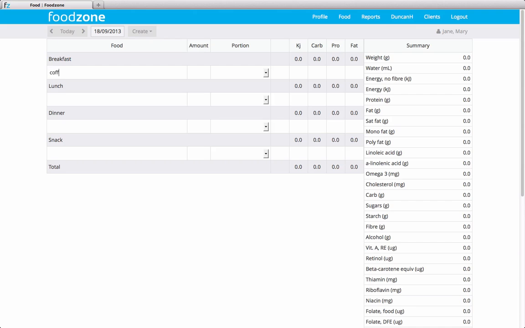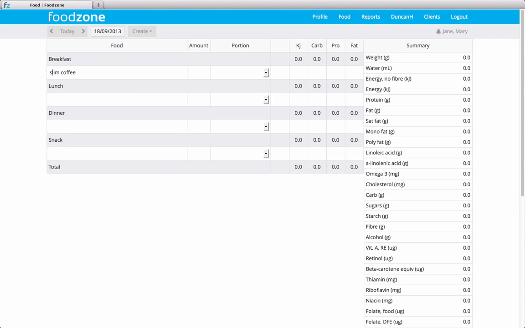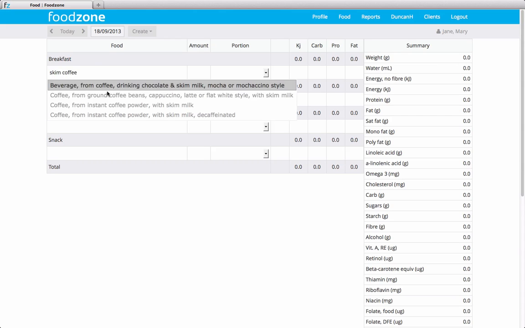For example, if you searched coffee, you would get this long list of all these different coffees. And unless you knew exactly what came after coffee, you wouldn't be able to type anything else, or it would just remove all the choices. But now, for example, if I know I had a skim coffee, then you'll see all of the skim coffee choices, and there's only